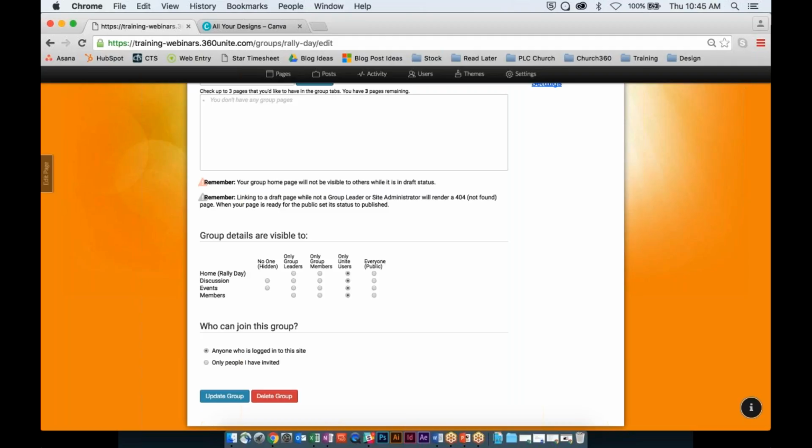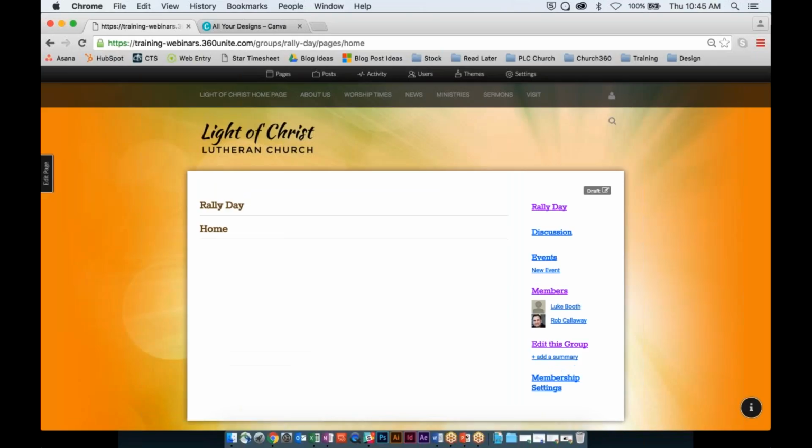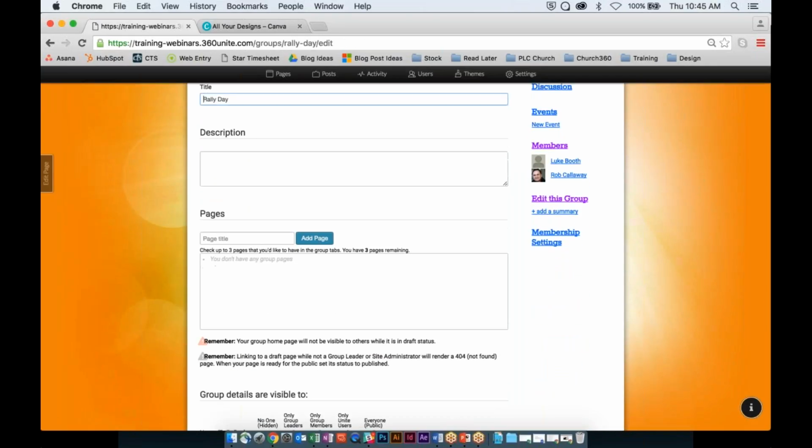You can add pages to your group. So let's go back to home. Oh, sorry, no, I wanted to go under edit the group. So to edit a page, you can add the page right there. So for example, I'll add one called Notes. You can add that page,